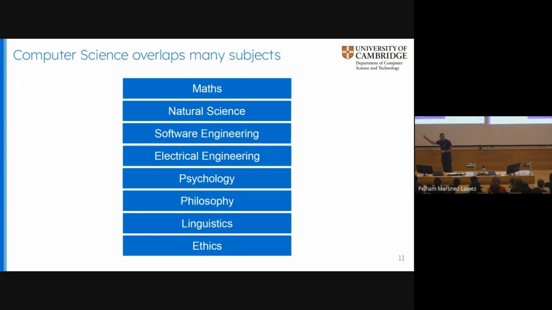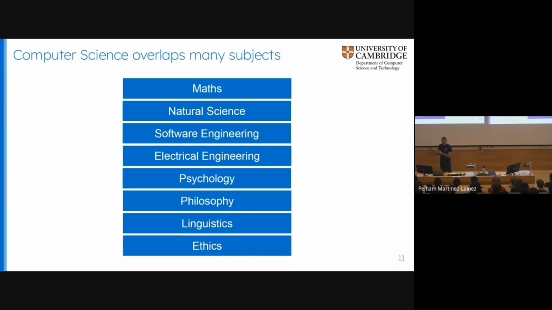It used to be that I had to explain why linguistics was a difficult match to computer science. Not so much these days because of all of the LLM stuff that's going on. Linguistics is a more obvious thing. And ethics is a very big thing, of course, that you have to have in computer science these days.